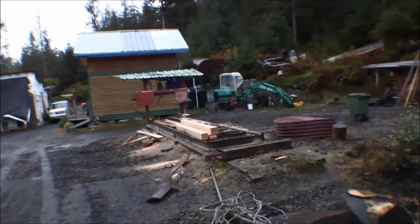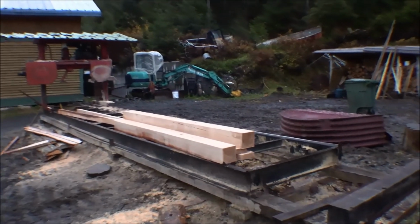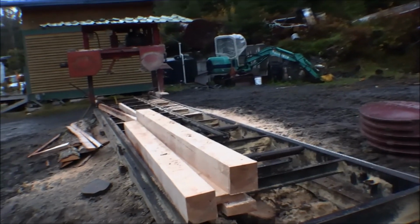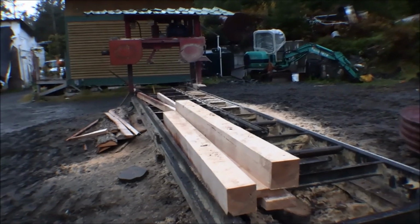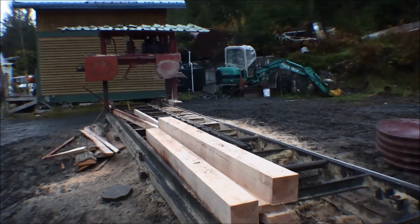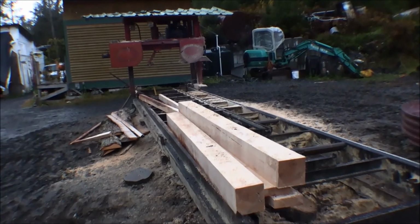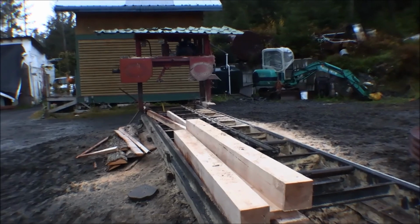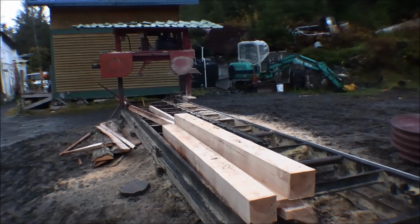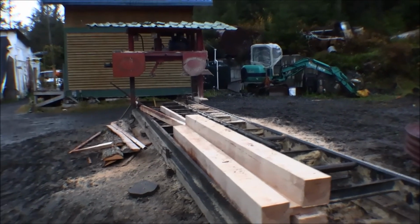Well, it's 5:30 and it's getting dark out here now, too dark to see to do anything else. I can't see the gauge on the mill anymore. I lost a couple hours of daylight, had to run to town, get some diesel fuel for the Bobcat and the excavator. Of course, check the mail and run a couple other errands. Then when I came home, my wife had ordered the propane guy to come and fill up her propane tanks tomorrow. So we have a 120-pound propane tank in the bathhouse. I had to go get it out and bring it over to where he can get to it to fill it up. But I went ahead and cut up that other log, that butt log off of that second tree,